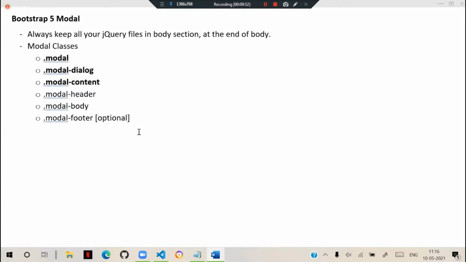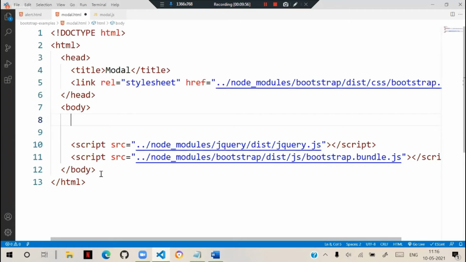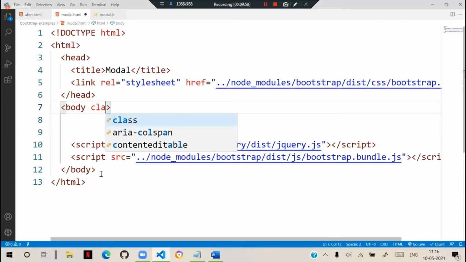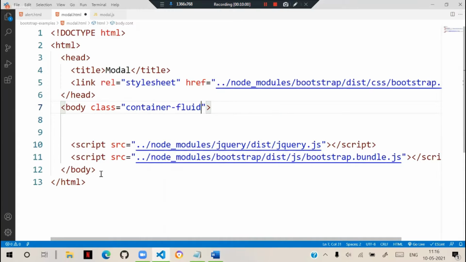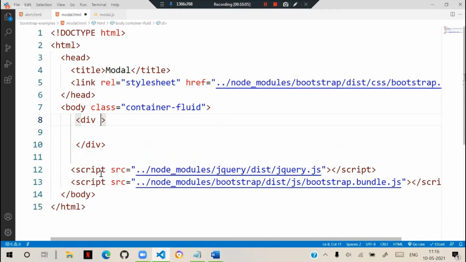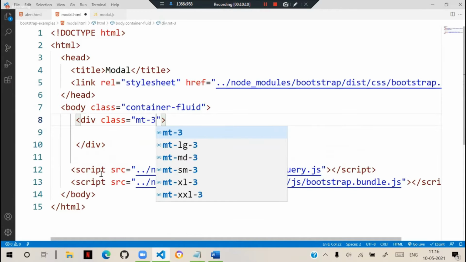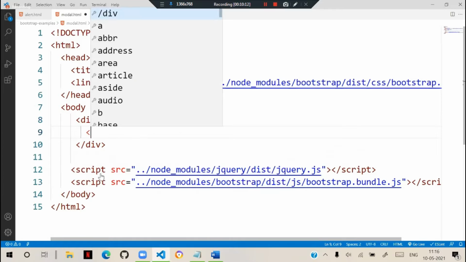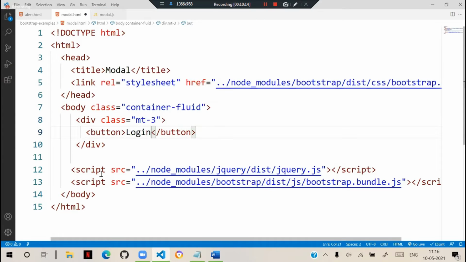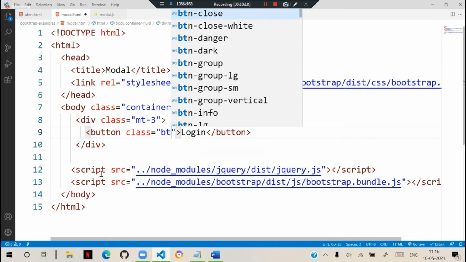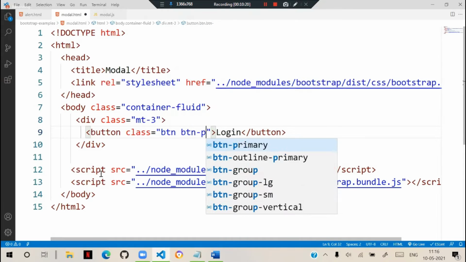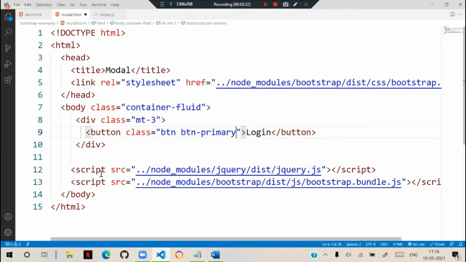So here you see we are designing a simple page. Let's use a class container-fluid, and keep a div here with a class of margin top 3, and we will keep one button here as login, with class btn and btn-primary.